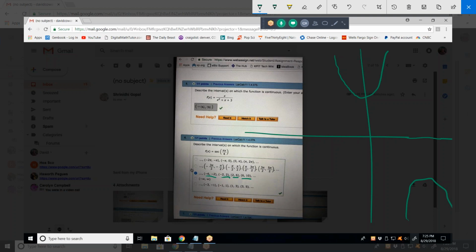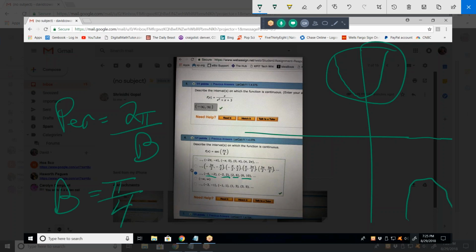And then number 5, how would I know that? Figuring out the period. Now, let's talk about trig for a moment. The period for everything but tangent and cotangent is 2 pi over b. Right. In this case, b is pi over 4. That is the coefficient of x, correct? Right. Okay, so if b is pi over 4,